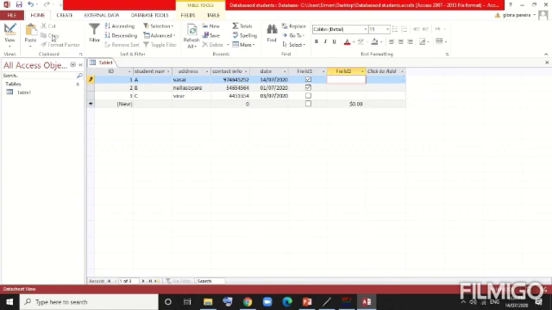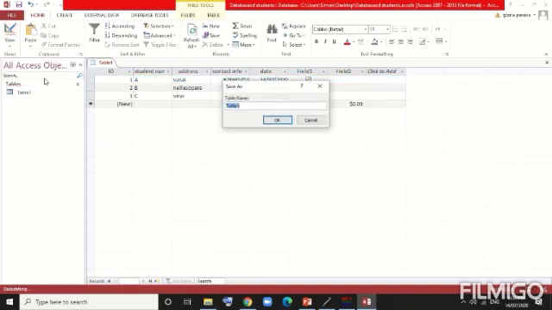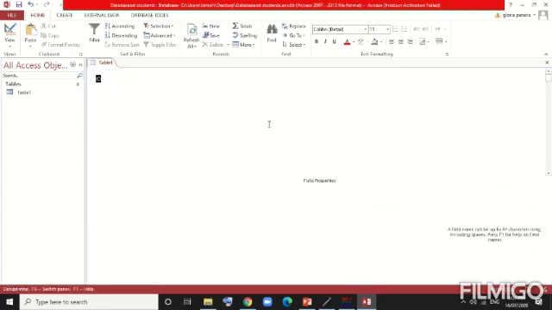Now, if we have to create, we have to go to design view. This is by default, as I told you, datasheet view, which is default available in the database. And when we go to the design view, we will save the table as table 1, or if you want to insert some other name for the table, you can give the other name also, which is preferable and can be remembered easily. Click OK and just go to this particular format.